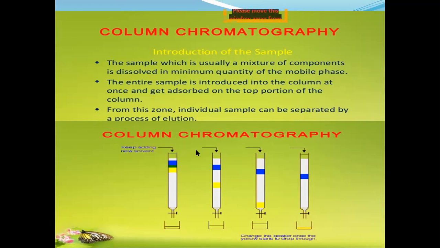So how can we introduce this sample on the column? The sample, which is usually a mixture of components, is dissolved in a minimum quantity of mobile phase. If our mixture is a solid, then we cannot introduce it directly, so we need to dissolve the components in our mobile phase. We dissolve them in the mobile phase solvents. After dissolving, we get a solution. That solution is introduced. The entire sample is introduced into the column at once and gets absorbed on the top